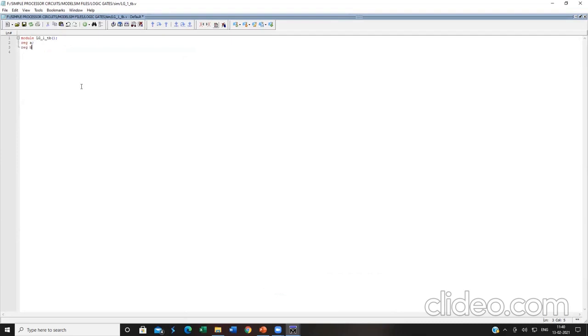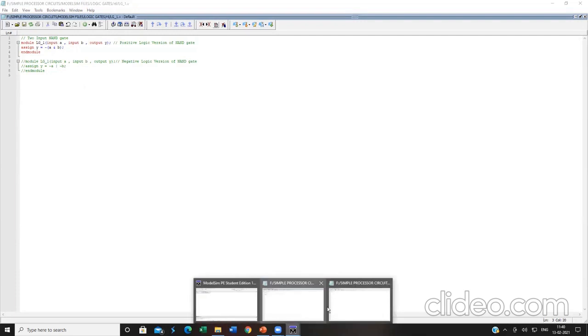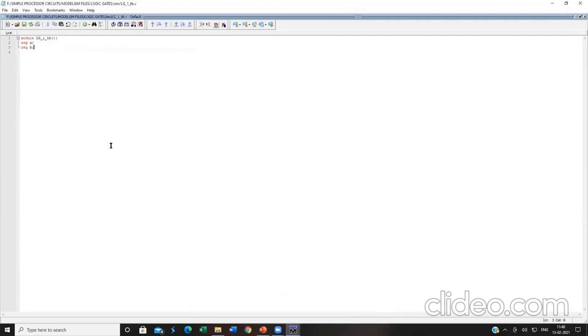Here in my original RTL file, I have declared the variables A and B to be my input variables, input A, input B. So these two must be declared of register data type, not only for this program, but for any Verilog program. When you want to test a file, you have to declare the input variables of register data type in the test bench file, and all the output variables must be declared of wire data type, wire Y. These are called data types, register and wire. All the inputs must be declared of register data type. All the outputs must be declared of wire data type.